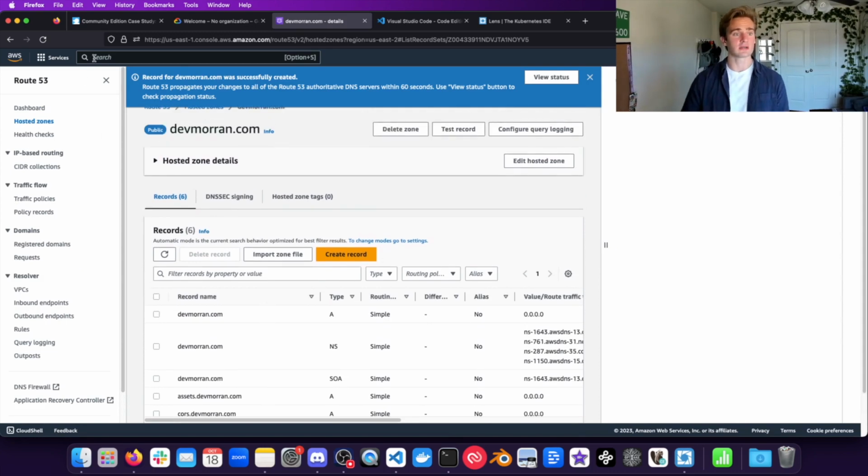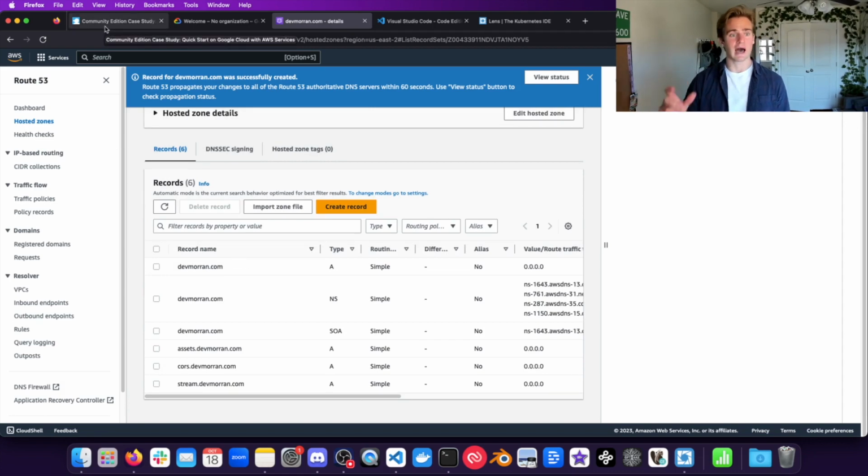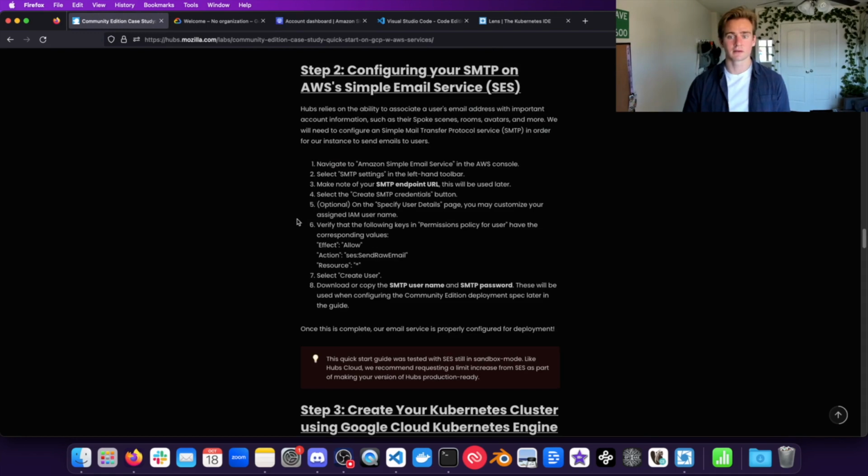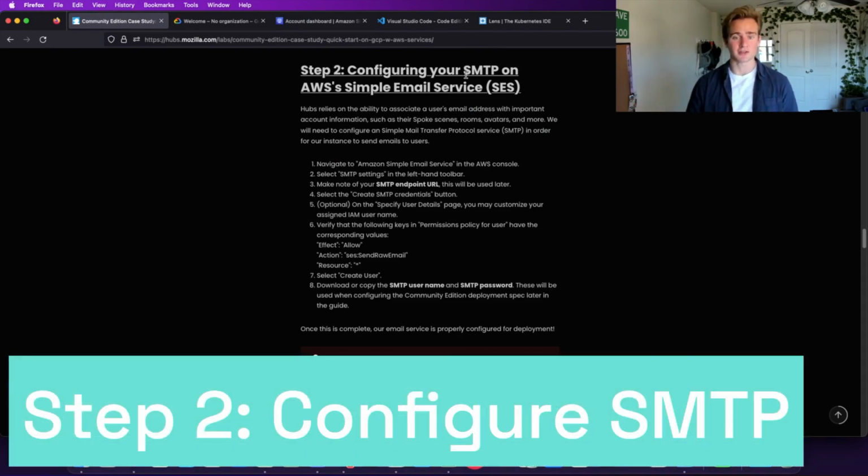Fantastic. Now, once we reach this point, we've correctly configured our domain for pre-deployment. Once again, we'll be coming back later to expose those specific subdomains to the IP of our Kubernetes cluster. Great, so for the next step of our deployment, we'll be configuring our SMTP service using AWS's SES, or